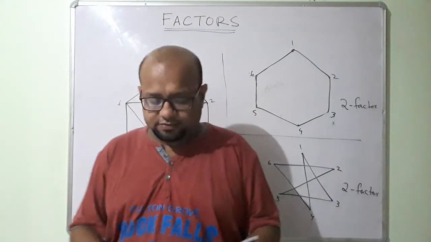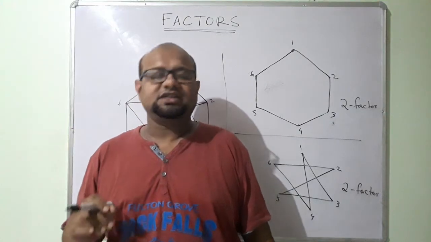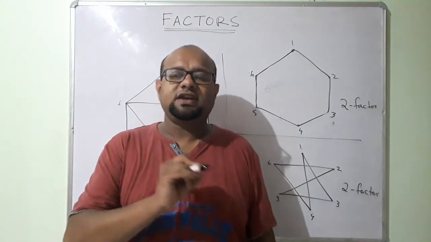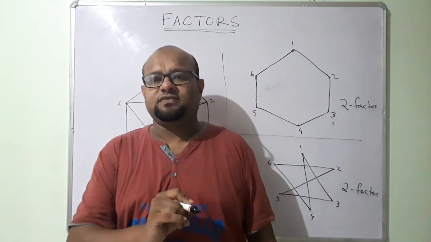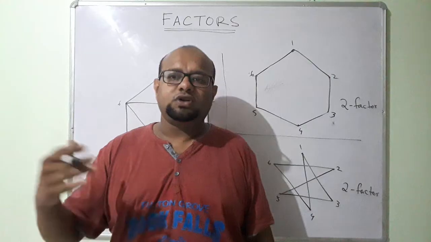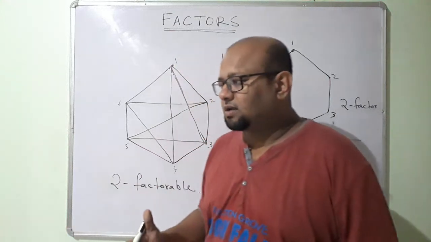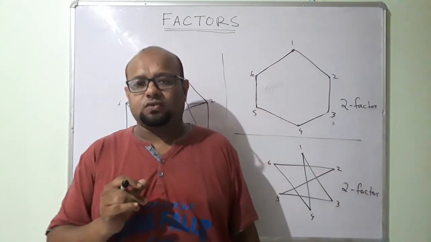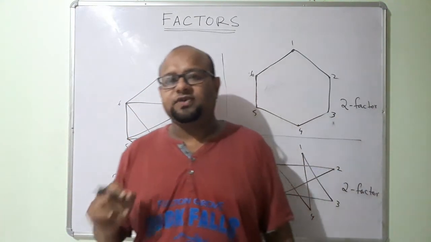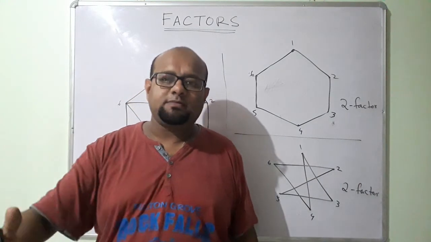Then we saw this Desargues graph. Desargues graph was a graph with 20 vertices and 30 edges. Then we got 3 different 1 factors out of that Desargues graph. So when I union them back, I got back my original graph. So Desargues graph was 1 factorable. Then we saw K4, complete graph with 4 vertices. That also we divided into 3 different 1 factors, and when I unioned all these three different one factors, I got back my original graph.